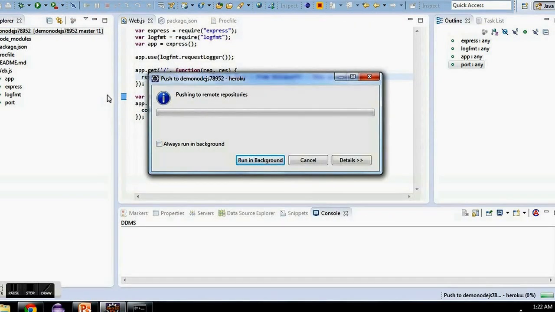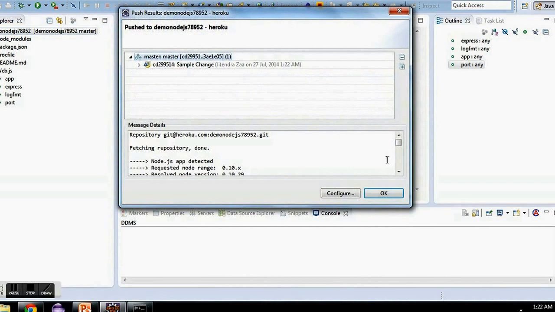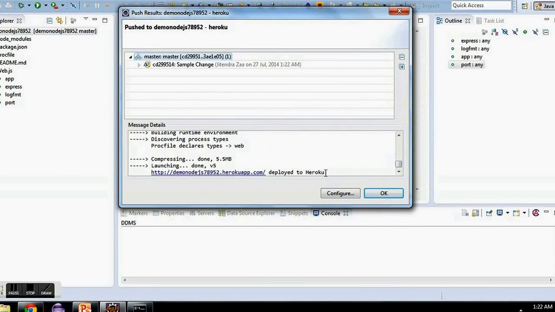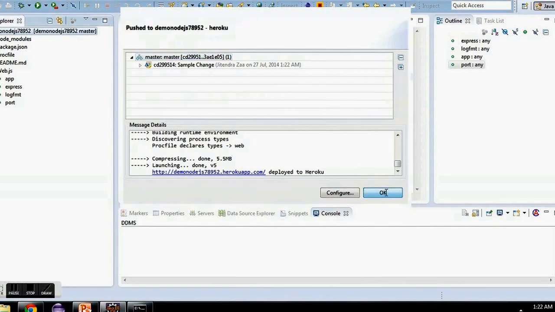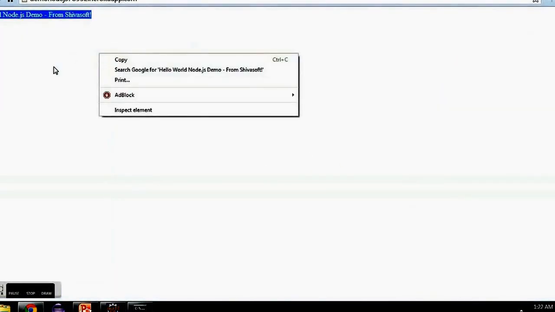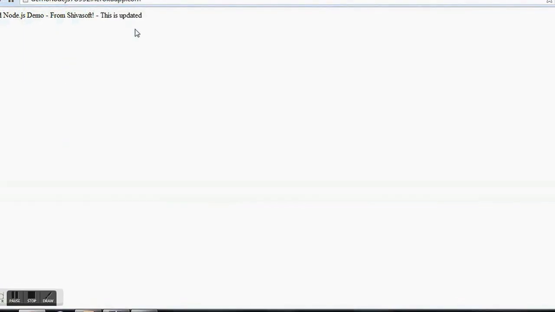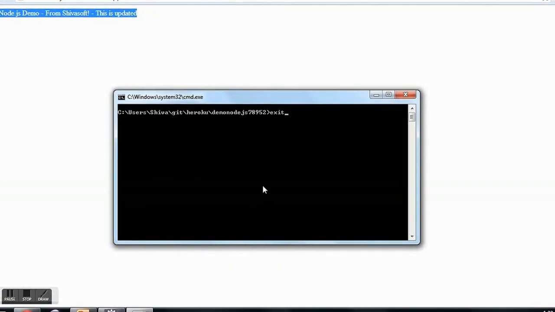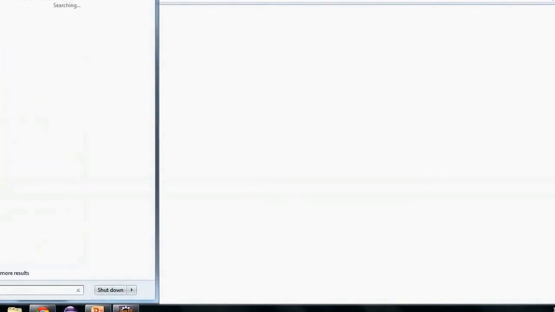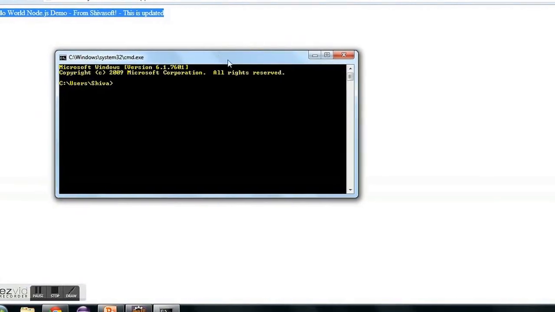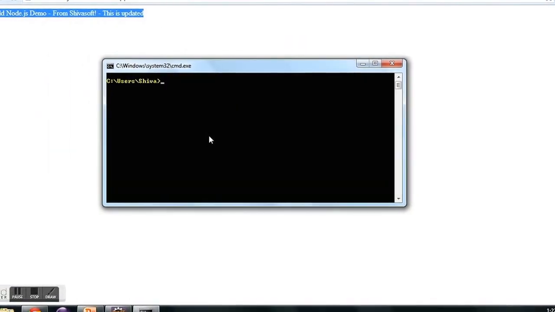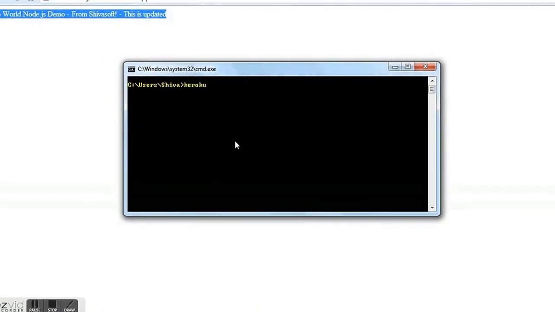If everything is a success, then we will get a success message, else if any error occurred, we will get the error message here. So let's see, are we successful in deploying to Heroku? Yeah, everything is good. Heroku accepted the change. Let's go to the browser and refresh it. If you reload, you can see that now this is the updated message. So this is just a demo on how to deploy a Node.js application. Once you have successfully deployed your Node.js application, you can enhance it and make it an enterprise level application also.